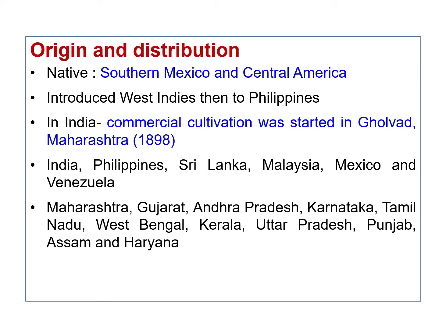Here you can see the origin and distribution. It is native to southern Mexico and Central America. Sapota is native to southern Mexico and Central America, and this was introduced from there to the West Indies and then to the Philippines, and from there it was introduced to other Southeast Asian countries. And the commercial cultivation in India was started in Maharashtra in 1898 in the place Gholvad,